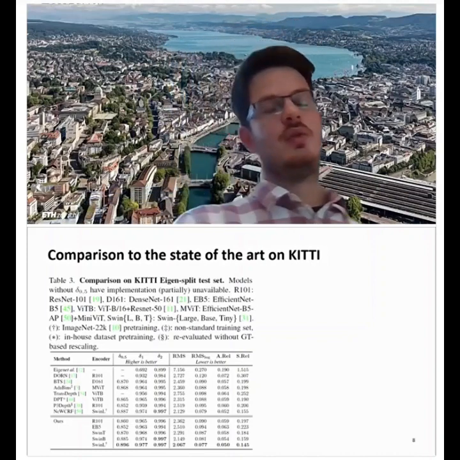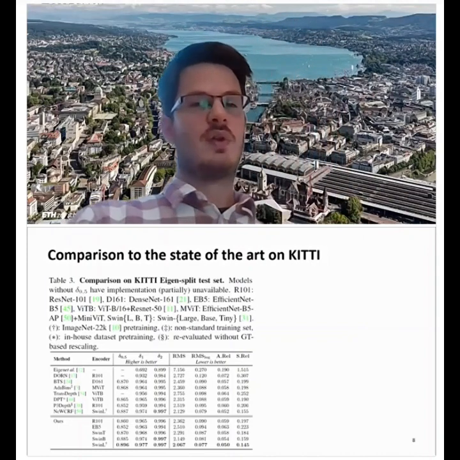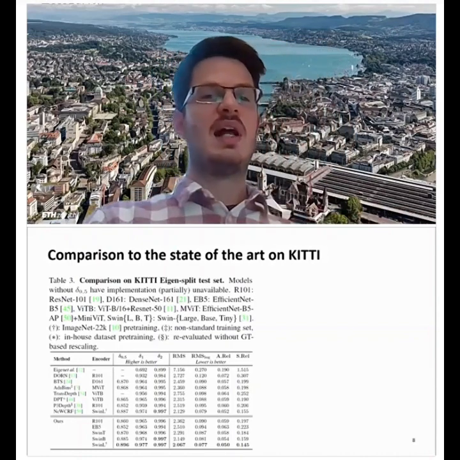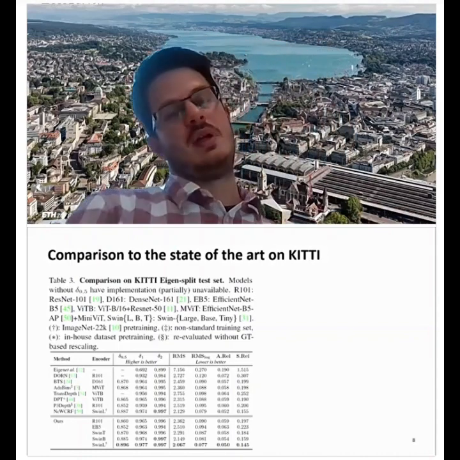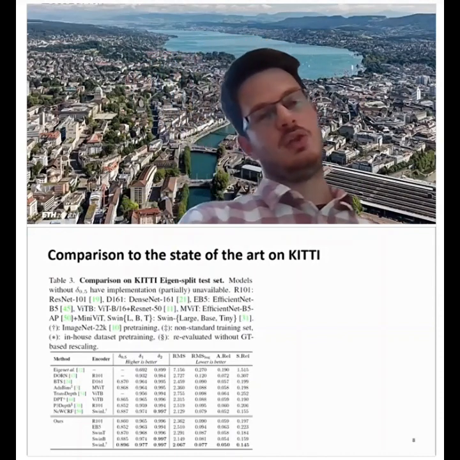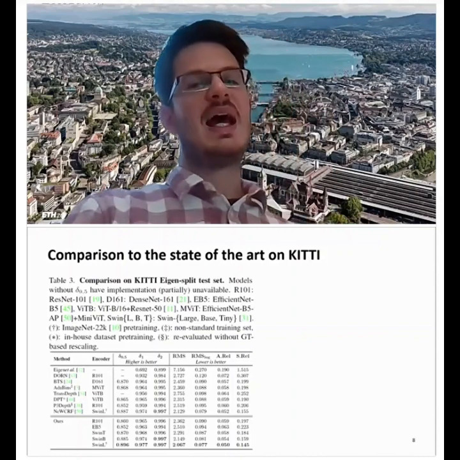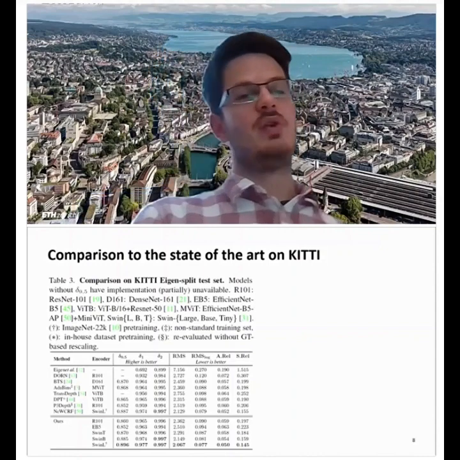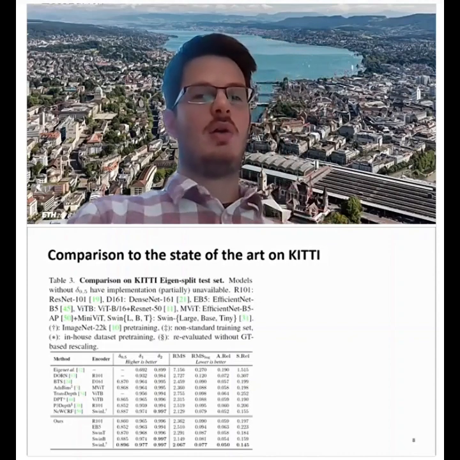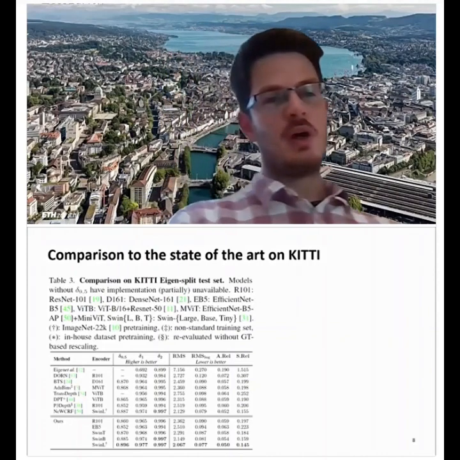So coming on to the results for our internal discretization method, I will mostly focus on results on outdoor datasets, since we are more interested in this workshop in the autonomous car setting. So we have compared to the previous state-of-the-art approaches on the standard KITTI benchmark.